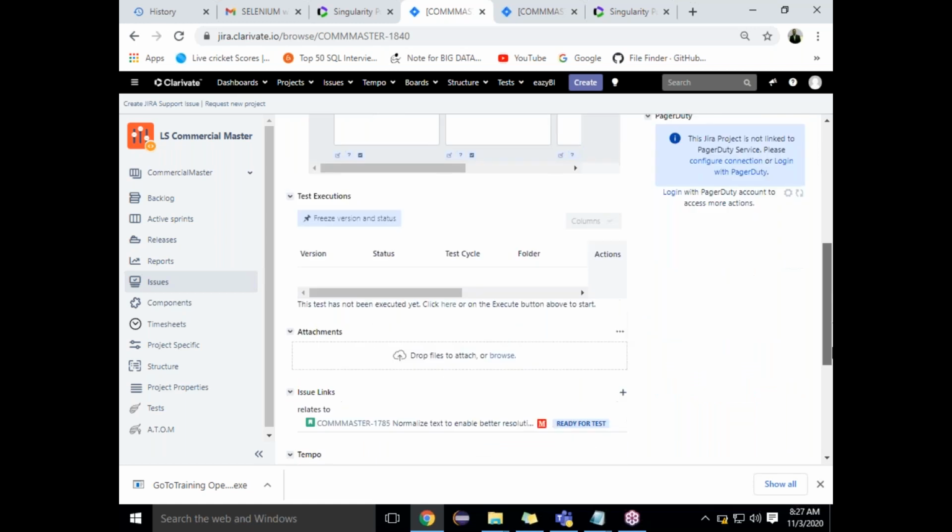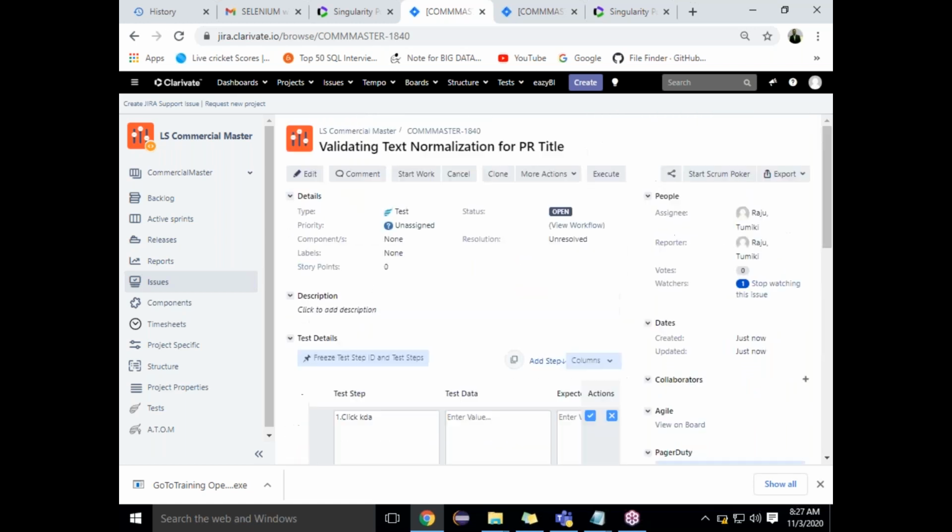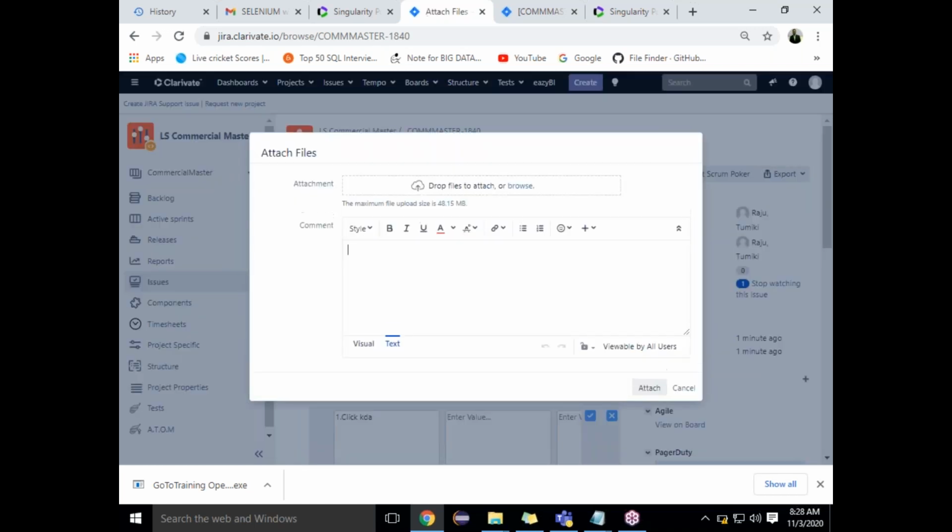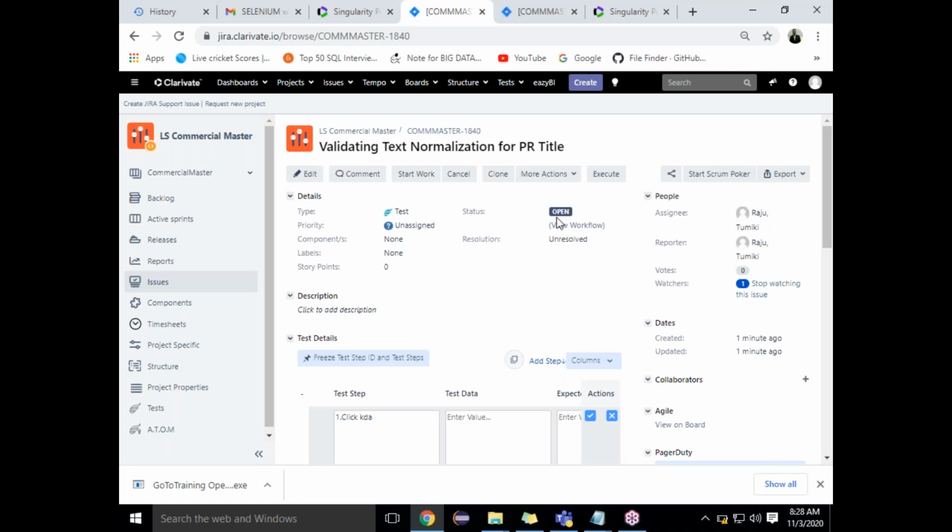Once you write all these things, you can go here and start work, or you can say more action, start test. Attach files normally doesn't work out, but you have to go to execute.